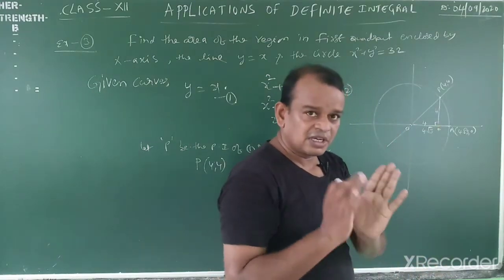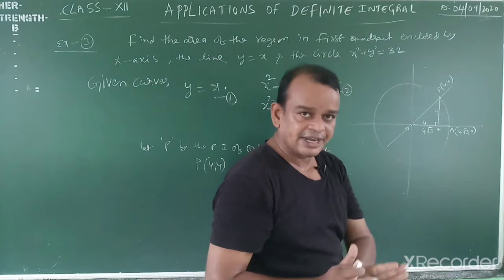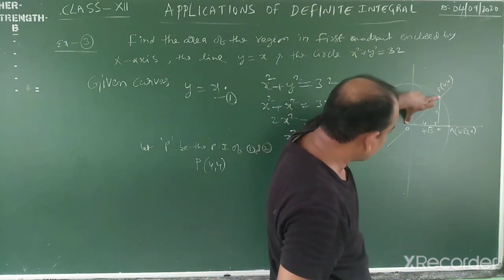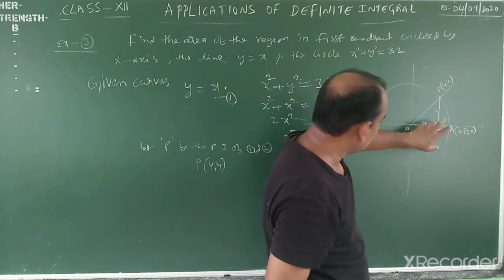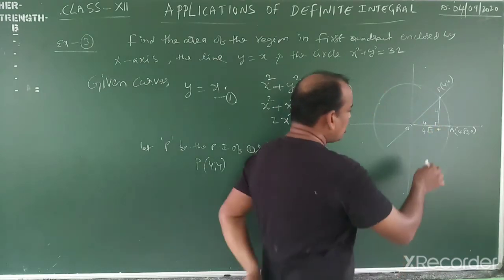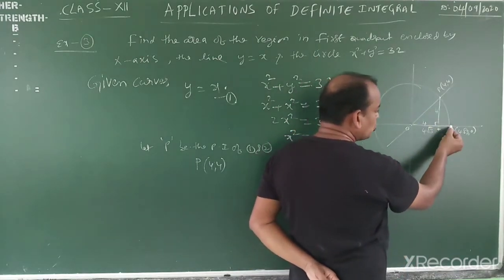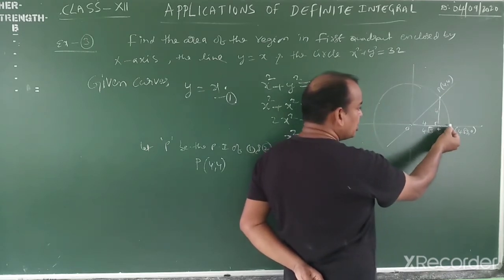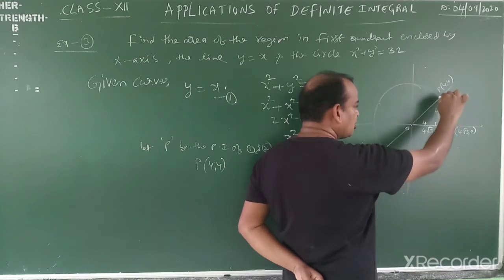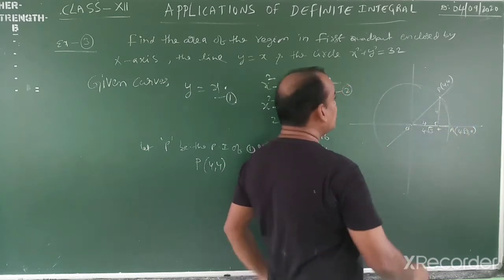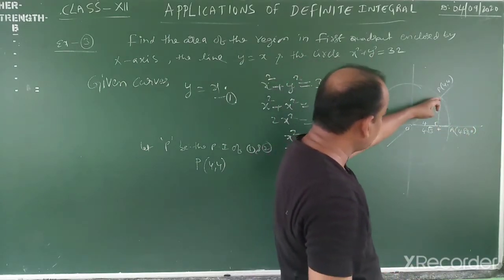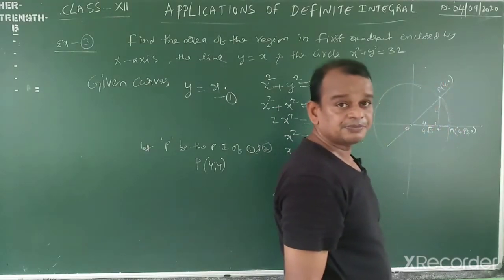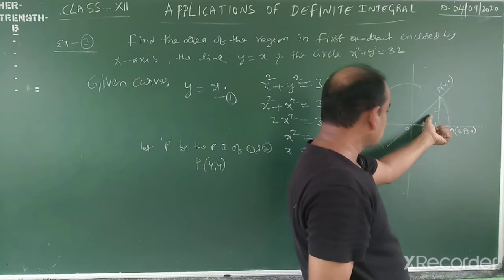First of all, the curve with x-axis ordinates from here to here. This is the curve y is equal to x. Ordinate 0 to 4 means we will take this curve. Now after this one, 4 to 4 root 2. From 4 to 4 root 2 here, what is the curve going on? This one is the curve y is equal to, here, the circle. This curve is called the circle, 4 to 4 root 2. Now this part plus this part, the sum of the two parts.